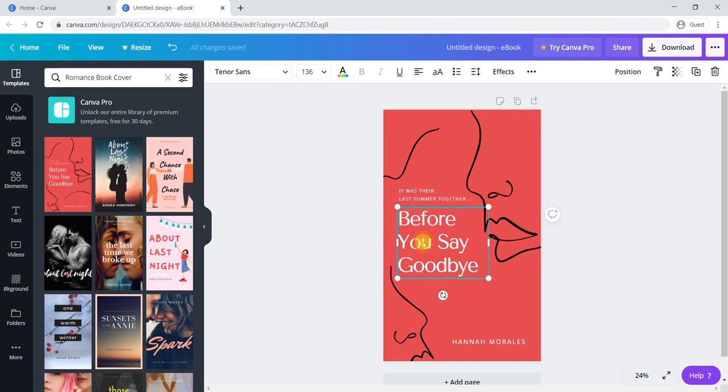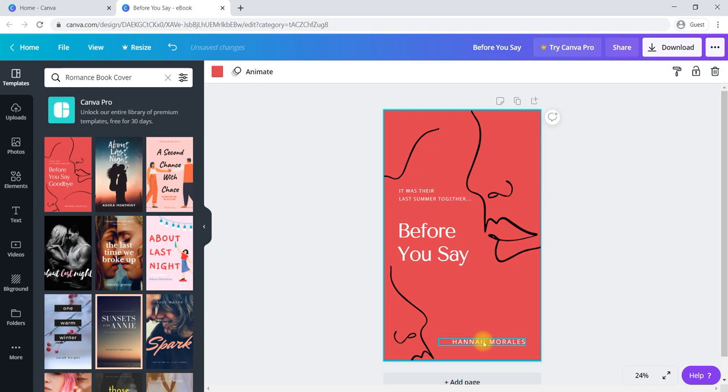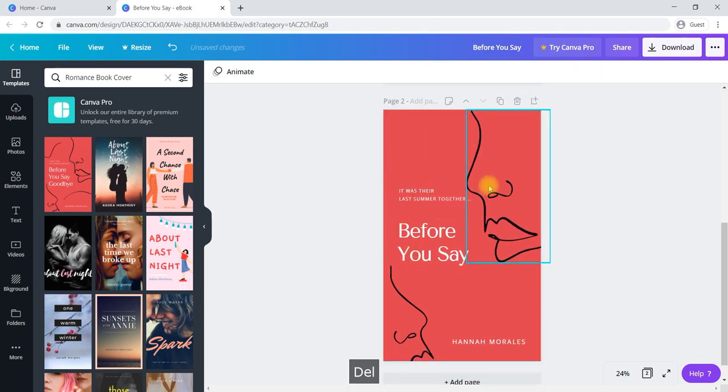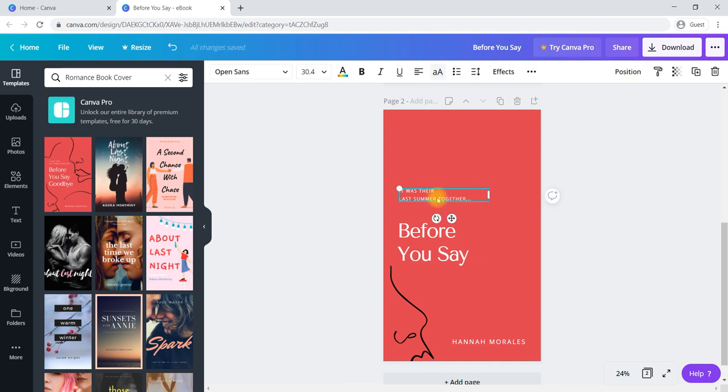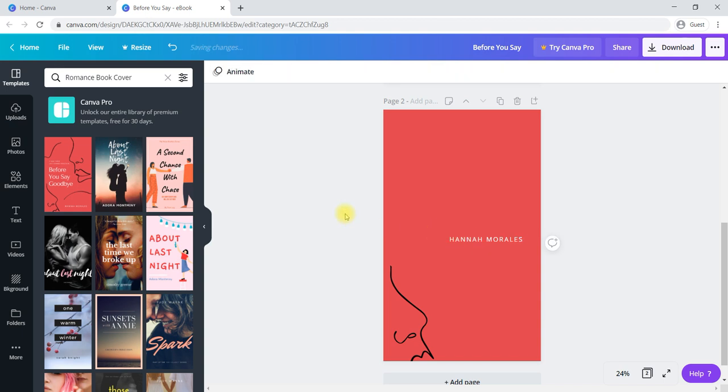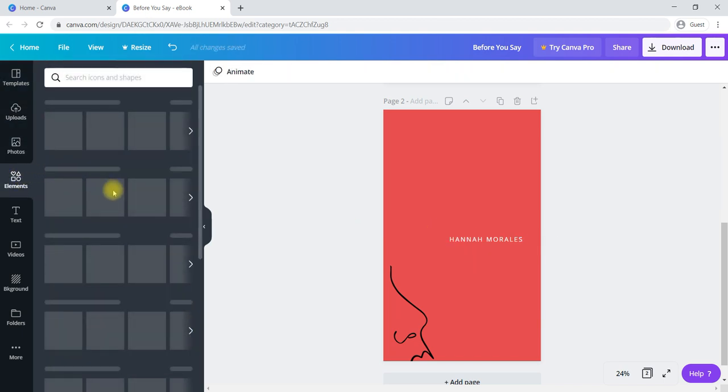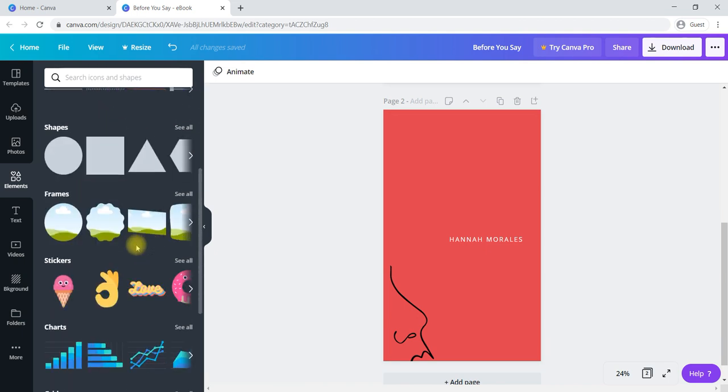Then you can give your book caption here. Book title here, then your name, the book author name, and if there is any subtitle for your book, you can select it here itself. If you would like to copy that same page and make it a back cover, you can delete everything like this, and you can say something here about yourself. For example, you would like to give the introduction about an author. You can write your name. We'll use one frame to insert your image, like we'll take a round frame.